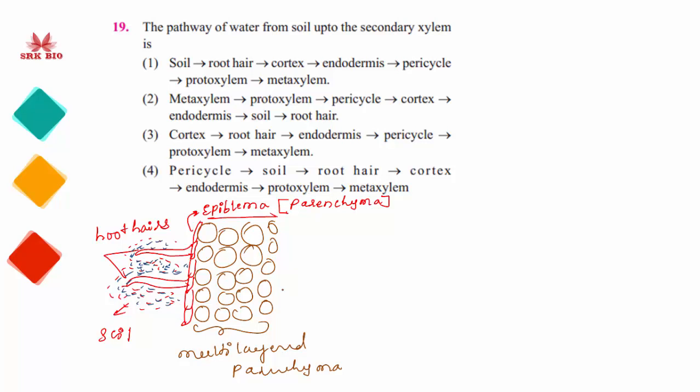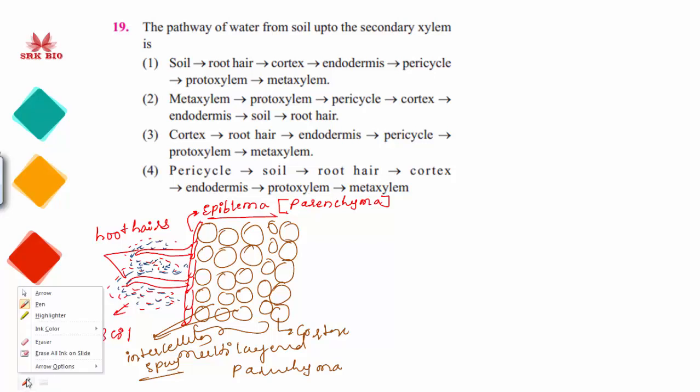But look at the parenchyma cells of the cortex region. They are loosely arranged with intercellular spaces. The gaps between the cells are called intercellular spaces. The presence of well-developed intercellular space is an important character of parenchyma, and this region below the epiblema represents the cortex. Okay, next to the cortex, the outermost layer of the stellar region is